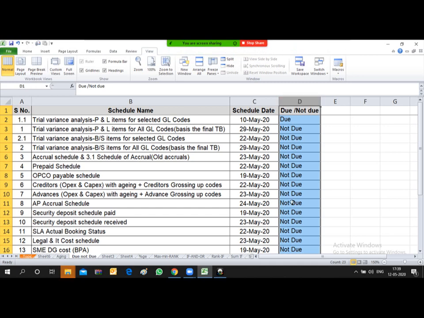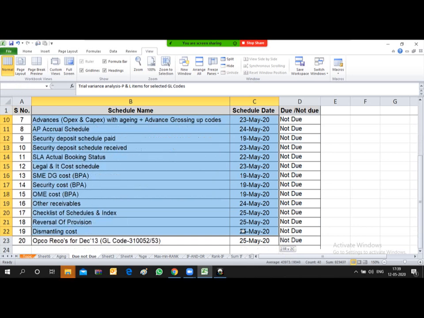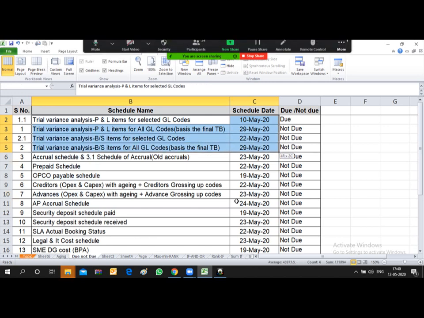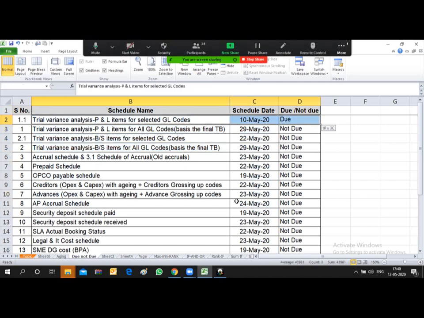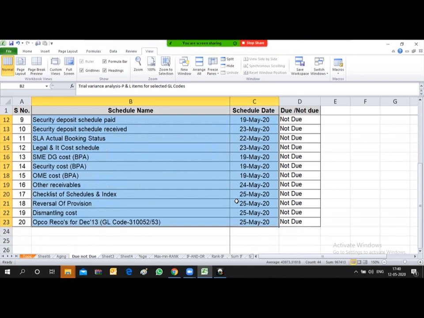I will protect these cells and leave all the other cells unprotected. Suppose I want to allow the user to make changes in this selected area only, and he will not be allowed to disturb the format or change the formula already entered into column D. I don't want him to make any kind of changes over here.